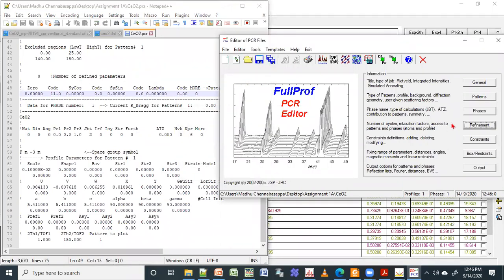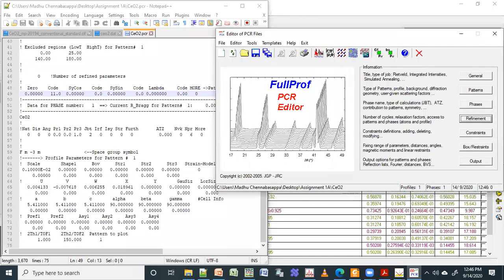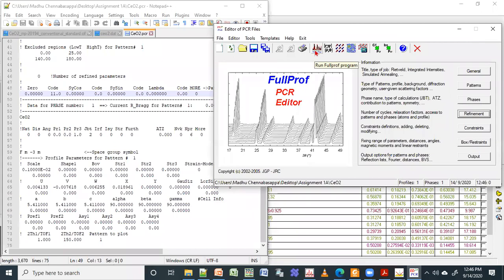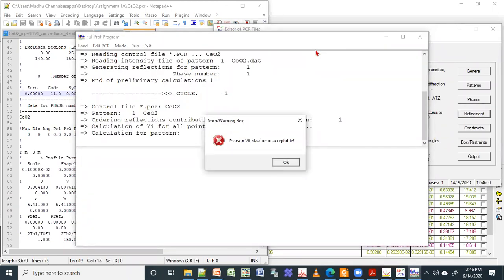Once I click checking, if I check the 0, then it is putting 1. 1 means this is the code for checked. I have checked the 0. This has to change. Okay, so now we will run it. So what I will do is I'll just click here, run the program. Then what happens? It will start running. Okay, it will just start fitting.